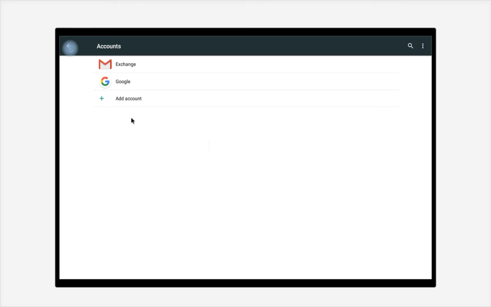In this demonstration I already have the Exchange account installed, but normally if you haven't installed anything, there will be nothing, only add account. If you click add account, then you have to click on Exchange,